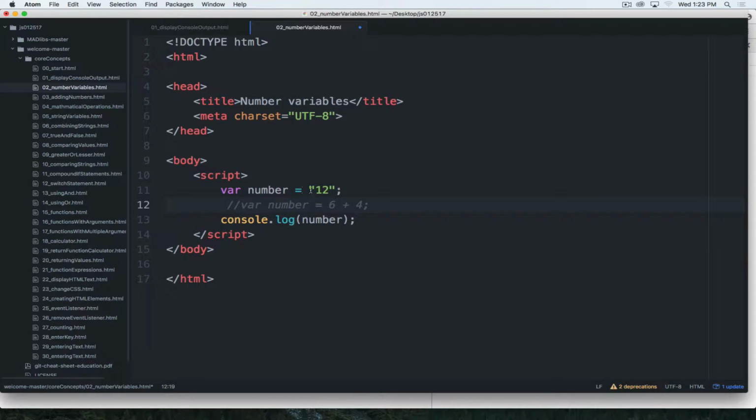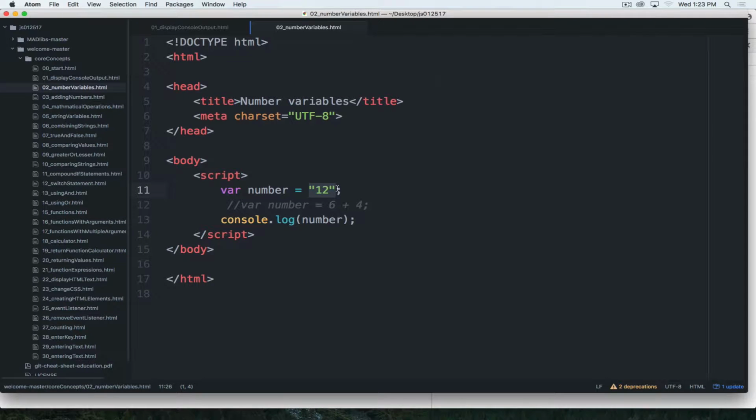I say it's going to be the string represented by the number 12. If I do this and look at it in my web browser, as far as I can tell, nothing has changed. But we can see that something will be changing,